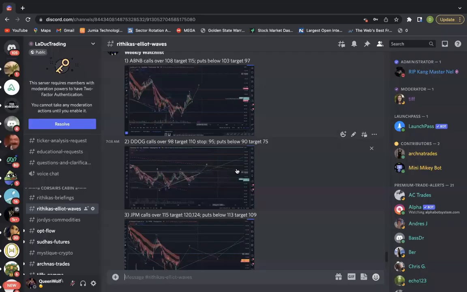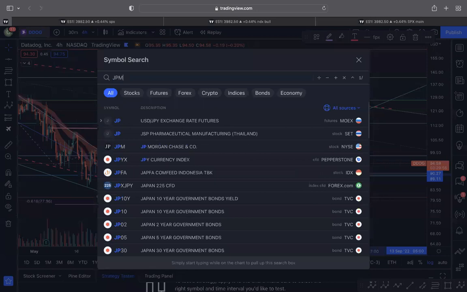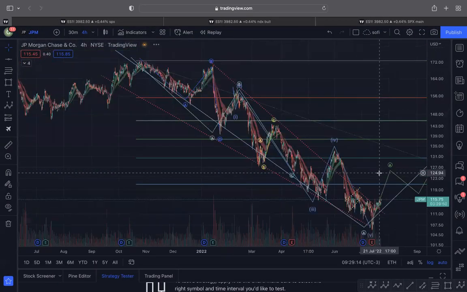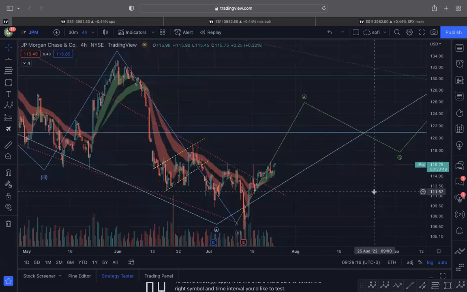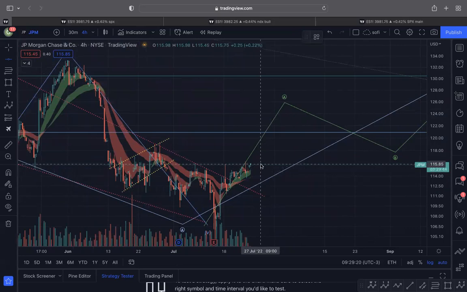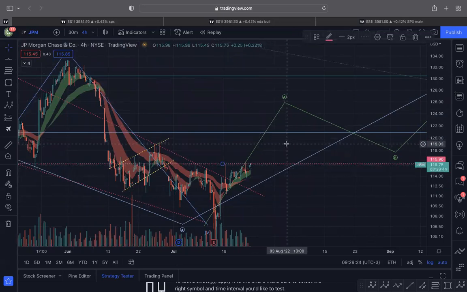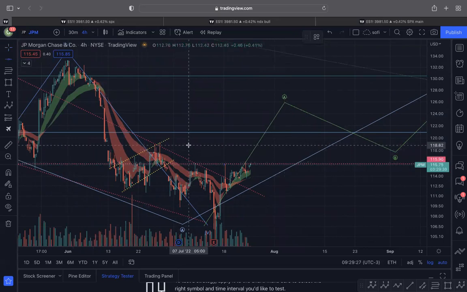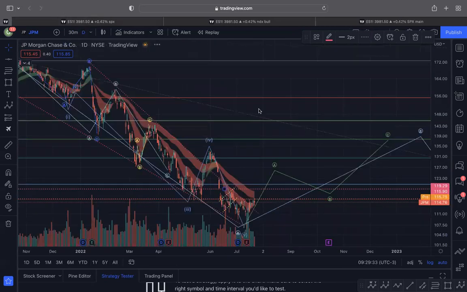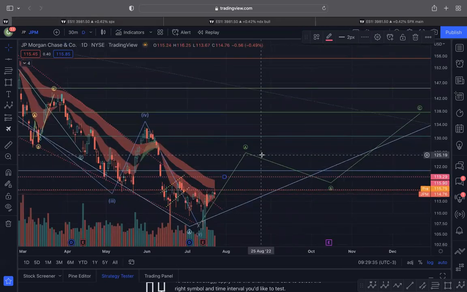Let's look at JPMorgan. JPMorgan, again, is very similar to Airbnb. You can see that we have briefly broken out of this long downtrend, kind of like the index. For JPMorgan, again, very simple. This is obviously 115, 116 as resistance. If we break over that, we're likely to retest 119. And if 119 breaks, let's go to the daily. You can see that we have a gap here. If 119 breaks, we're likely to go for the gap at 125.